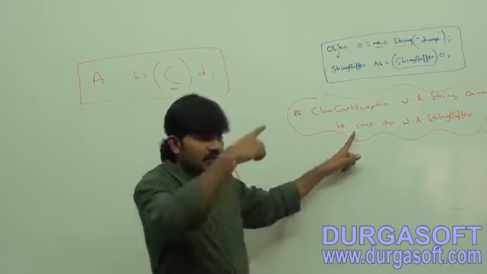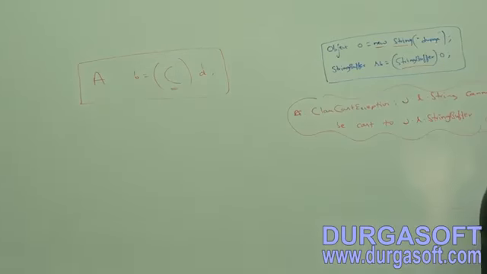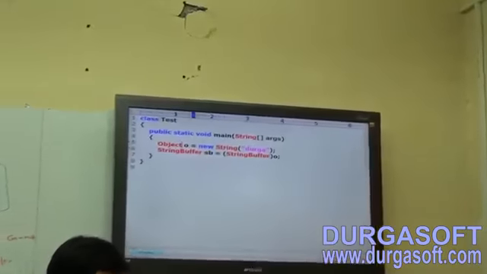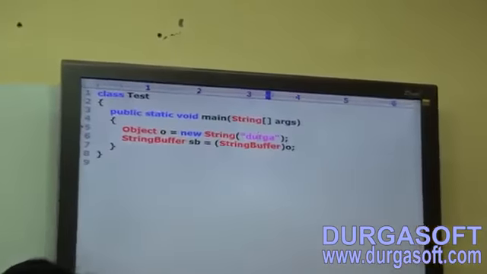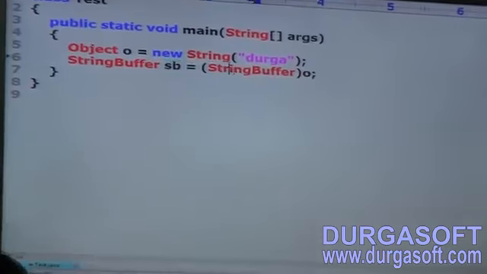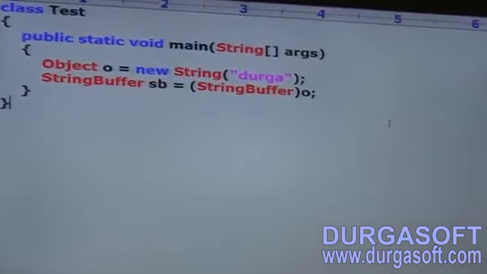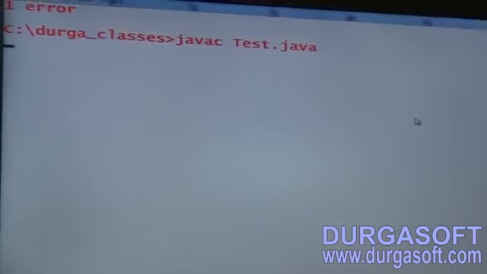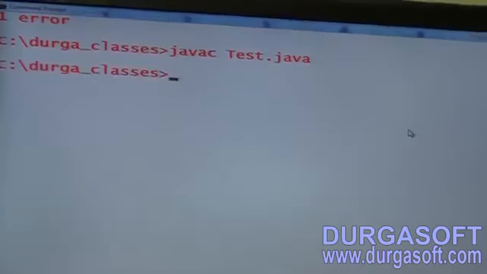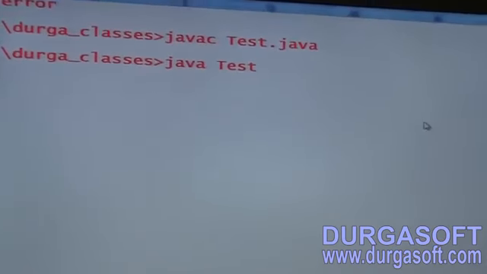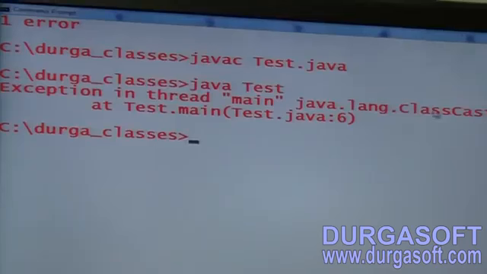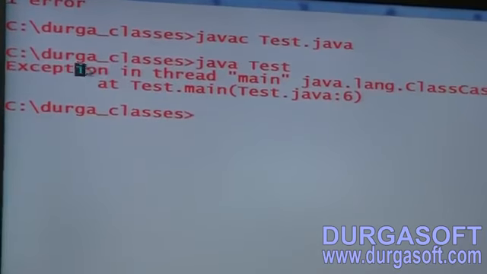Okay, let me execute this code. One minute. Here, see, sir, I'm taking Object o = new String("Durga"); StringBuffer sb = (StringBuffer) o; There is no compile time error. Let me run this code. java Test. Have you observed? Exception in thread main.